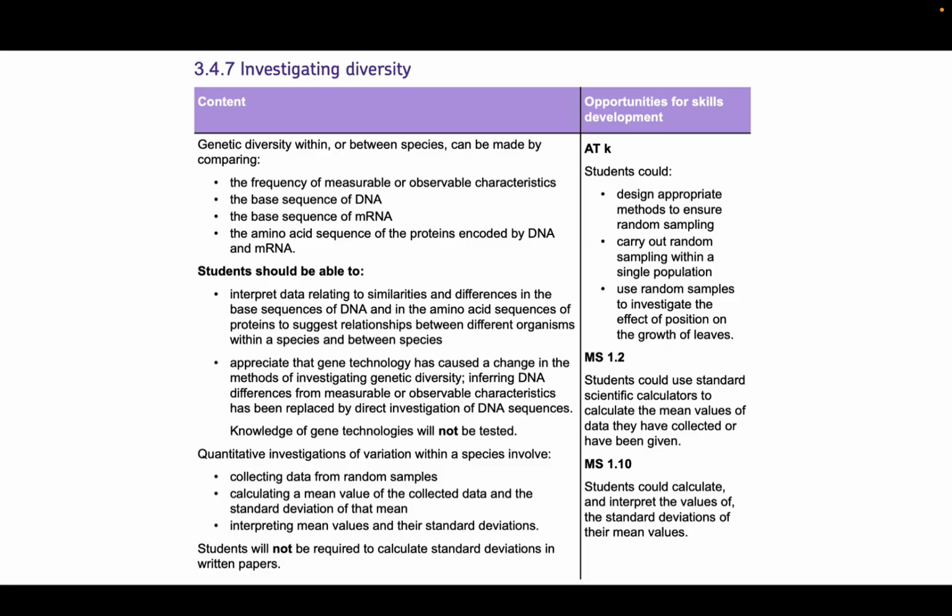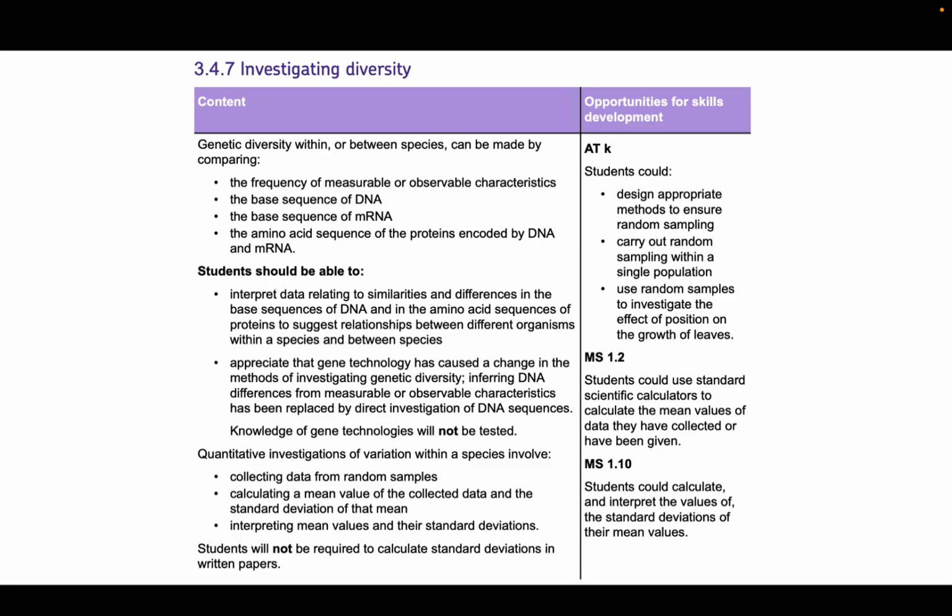And you should be able to interpret data relating to similarities and differences in the base sequence of DNA and in the amino acid sequences of proteins to suggest relationships between different organisms within a species and between species, and appreciate that gene